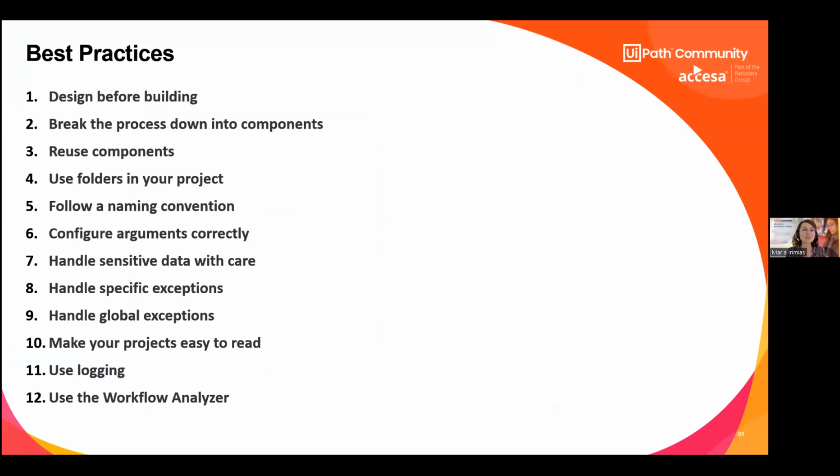In this case, I want to guide you through some best practices on how to think of an automation. Because as I mentioned, even if you are doing RPA, all the best practices which you are used to in software development are relevant also for RPA. One of those practices, from my point of view, is design before building: to analyze the process, to identify properly the requirements, and to plan the solution, how it will look, before actually building the automation.